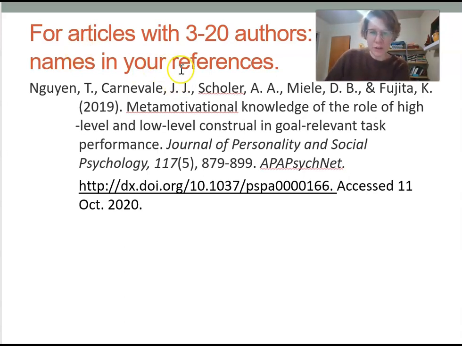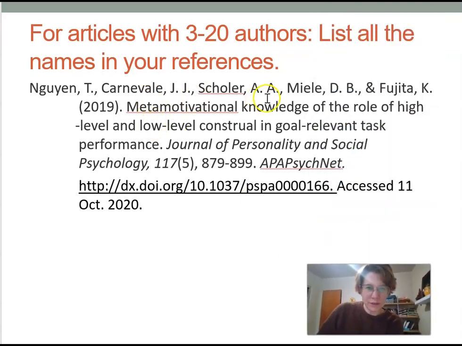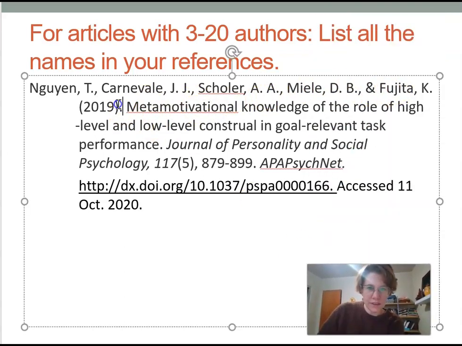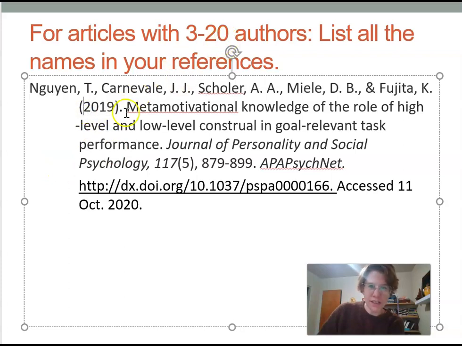So yeah, articles with 3 to 20 authors, then you would include all of their names above. And again, it might be a longer list. If it's 21 authors, that's when you use the ellipsis. So you would just put ... and